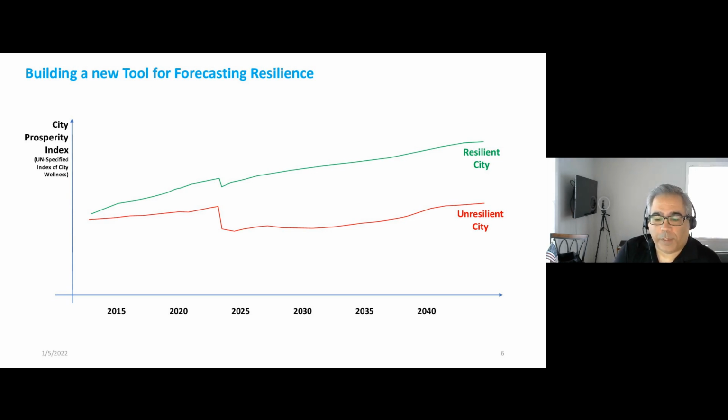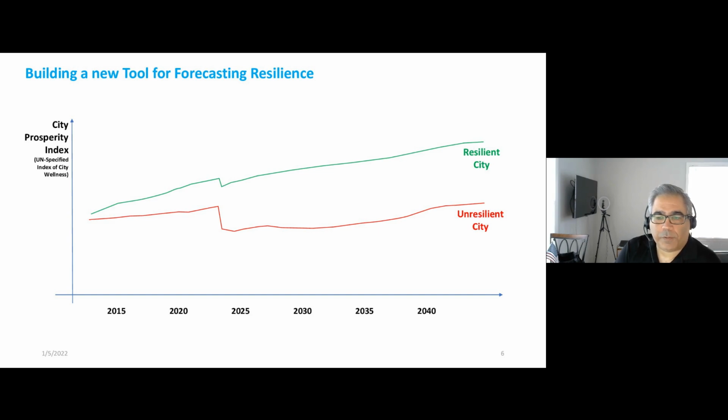When we were thinking about it in 2012, we were thinking, okay, let's build a tool here and let's think about what its requirements are. And so we started with a chart like this, sort of on the back of an envelope. We said, well, what is a resilient city versus an unresilient city? How do you measure resilience? And we threw this up as a chart. We said, well, we probably want to look at over time what's happening to the city. And we probably want to